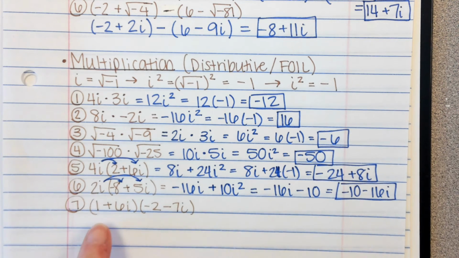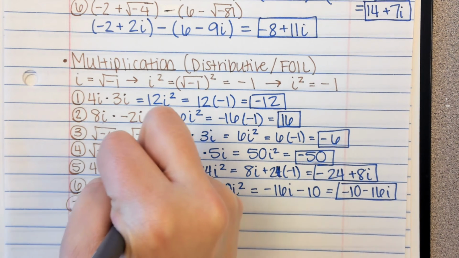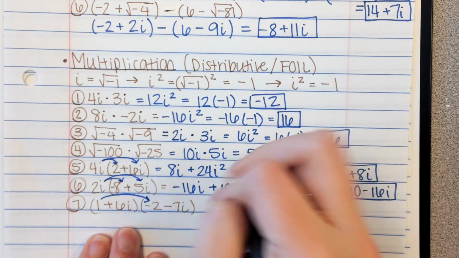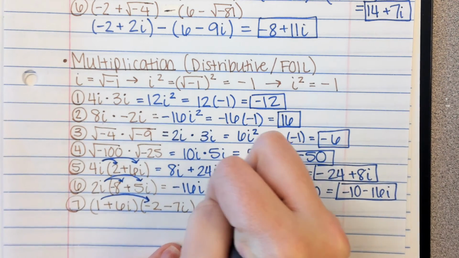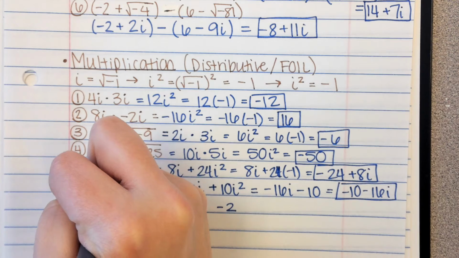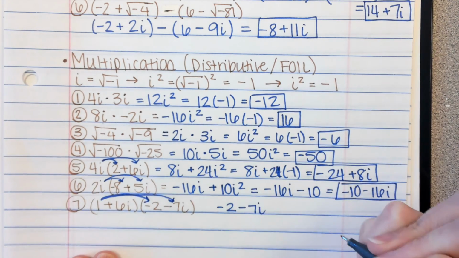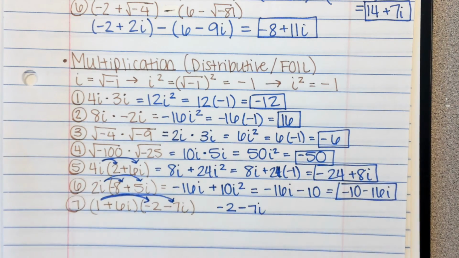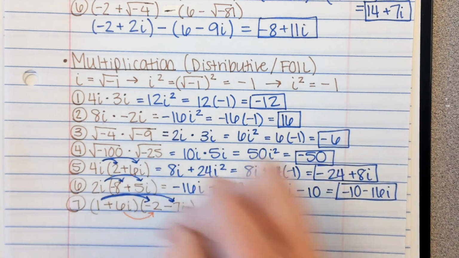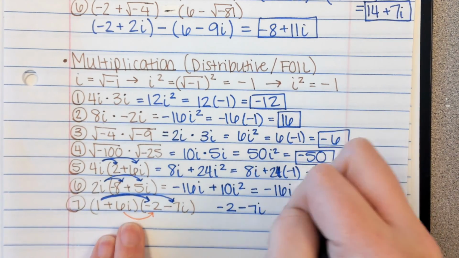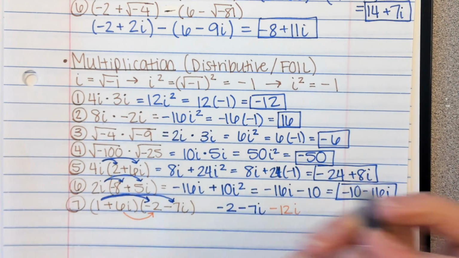Okay, number 7, we have a complex number times a complex number. You have to do this one like the FOIL method. So first, outer, inner, last. So first we do 1 times negative 2, which is negative 2. Then we do 1 times negative 7I, so that's negative 7I. And then we do negative 6I times negative 2, so that's negative 12I. And then